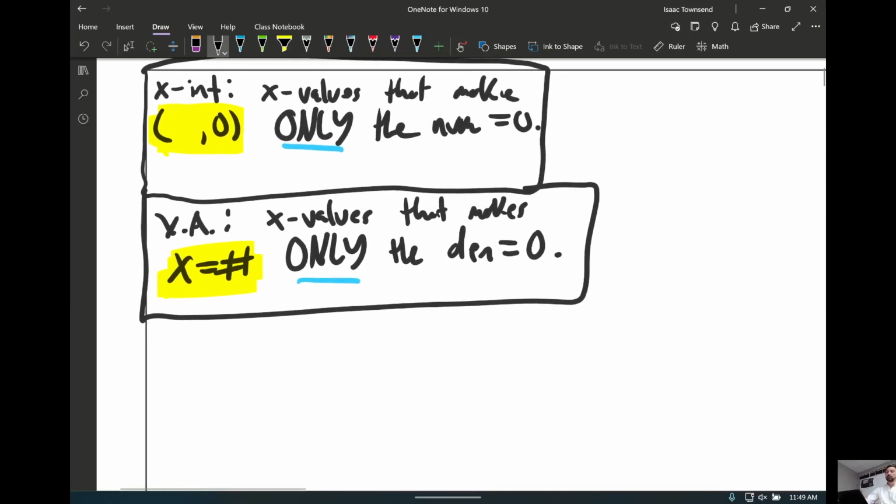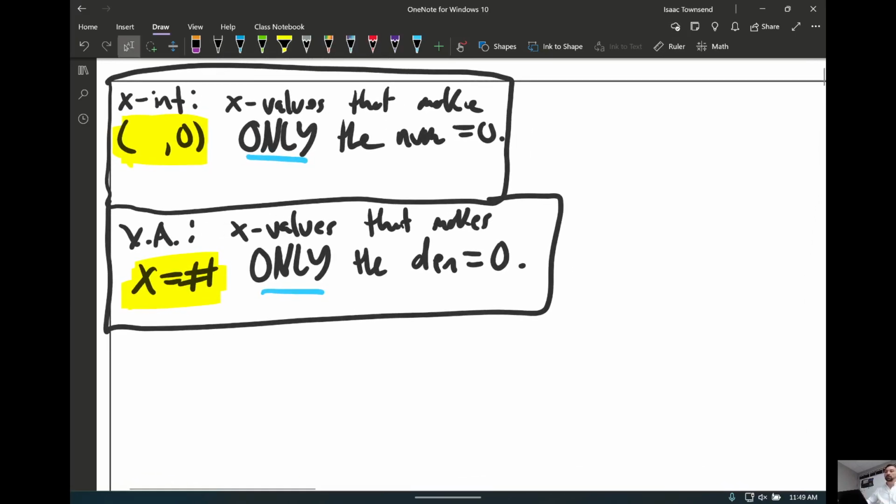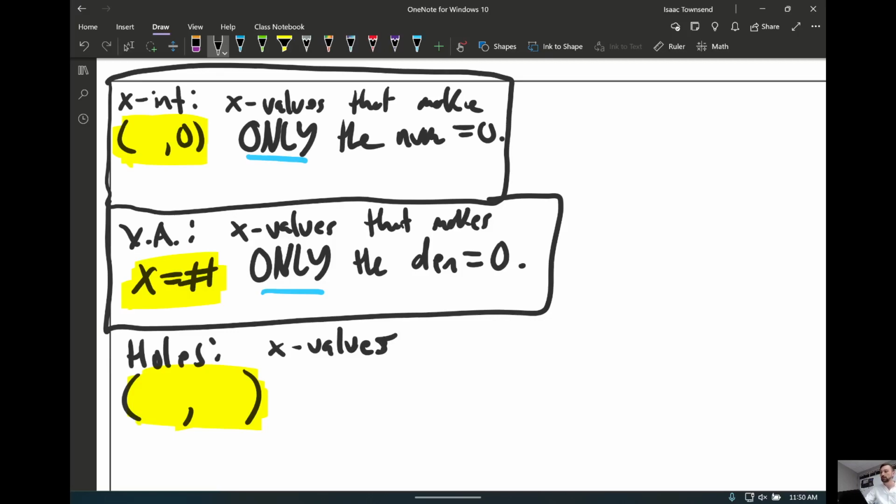And then finally, the one that you should feel a little more comfortable with because of the practice from last time is holes. And a hole is a point. So our answer should look like this. And this is going to occur anytime you can find an x value, or x values plural. It could have more than one hole